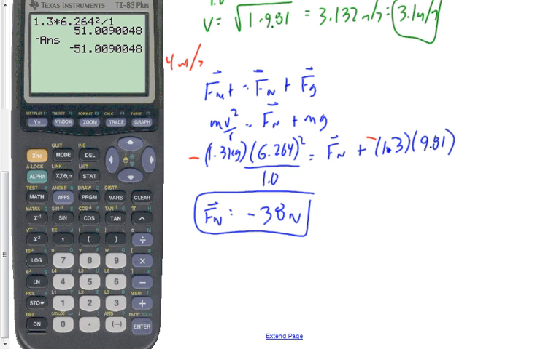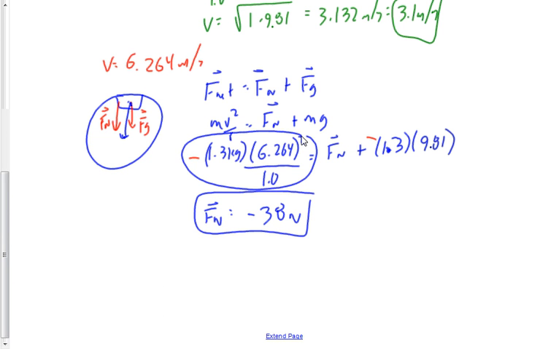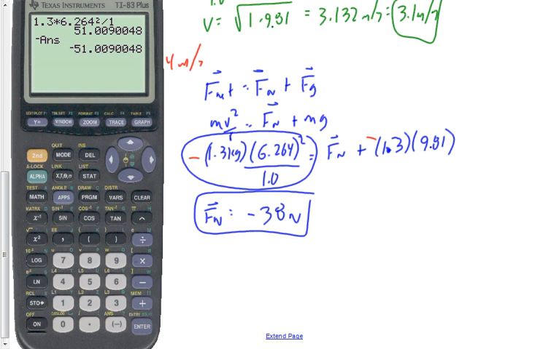There's my left-hand side. Make sense? Okay, negative 51 right there. Now, this number, 1.3 times 9.81, whatever it is, is going to get taken to the other side by adding, because it's taken away from Fn. So let's add to that 51.009,